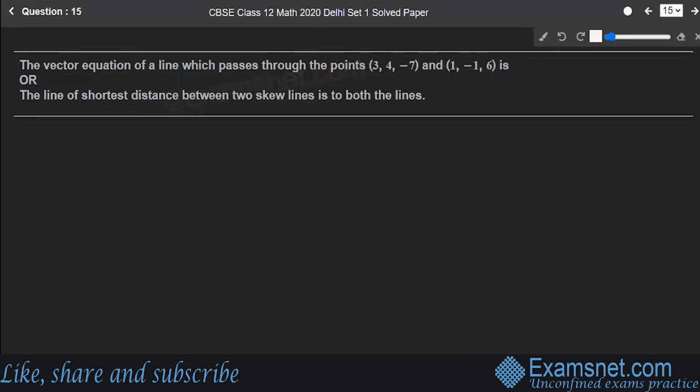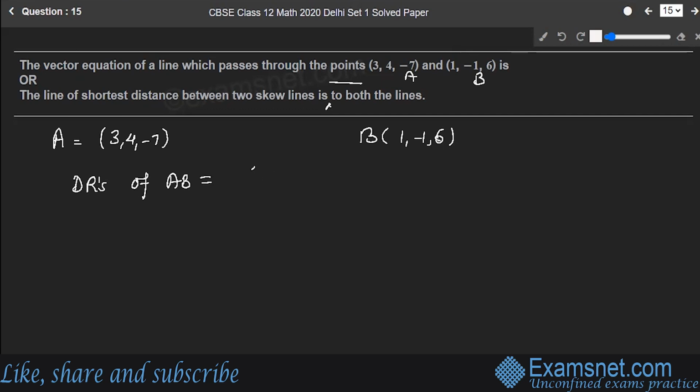Question number 15. Now, this is a choice question again. The vector equation of the line which is passing through these 2 points is given by what? Or the line of the shortest distance between 2 skew lines is dash to both the lines. Fine. So here, let's say this is point A and this is point B. So direction ratios, A point is given by 3, 4, minus 7 and B is given by 1, minus 1 and 6. So direction ratios of